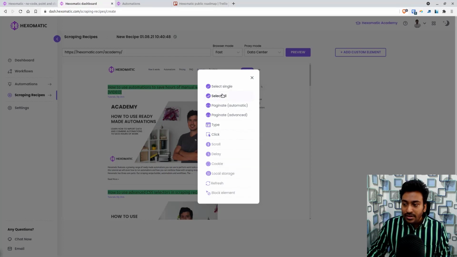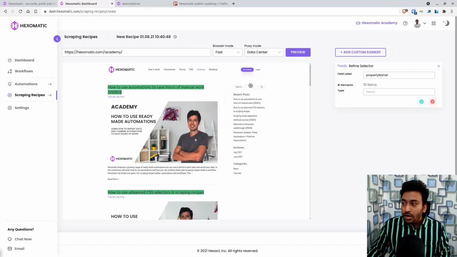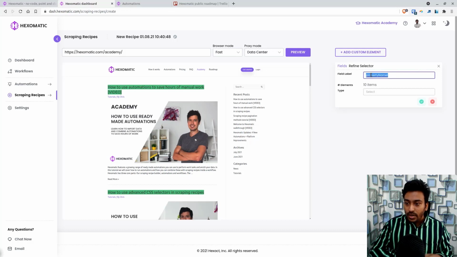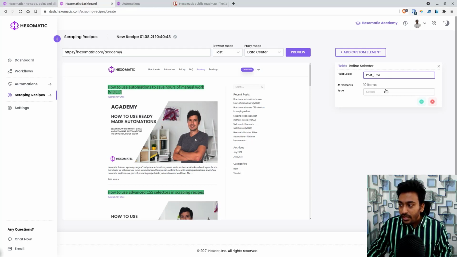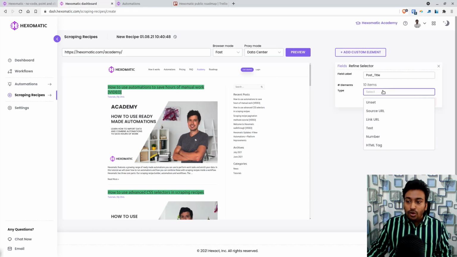If I just click on select all, it will automatically create a custom element for me, where I can give a name for my personal use to identify this. In this case, I'm just going to go with post title, and now I have selected it. Inside this, I choose what I want to get from the source.